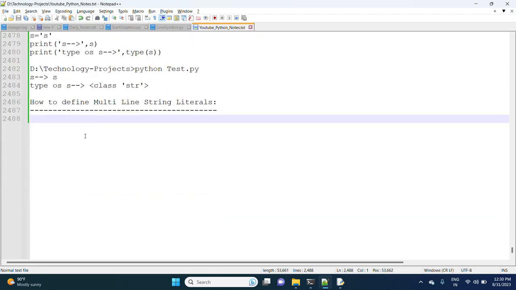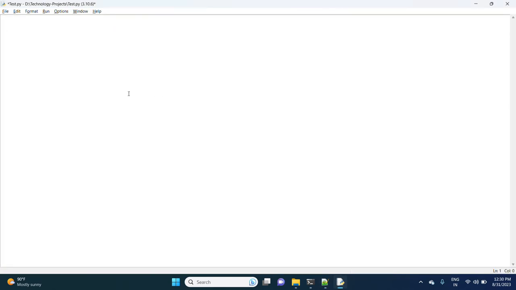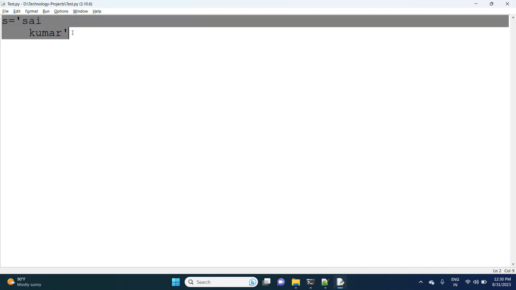Normally, to define multi-line string literals, here I'm taking s is equal to Sai, and on the next line Kumar. Observe here, I'm defining multi-line string literals by using single quotes.